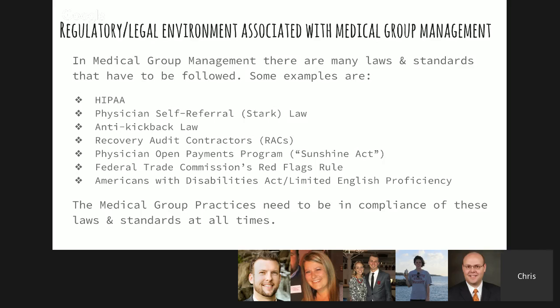So I feel like this kind of goes along with HIPAA, just in that top priority should be with preventing patients' health information and just overall identification. And then the Americans with Disabilities Act, its purpose was to make healthcare and honestly other general aspects of society more accessible for those with disabilities. The key thing that Kara wanted us to point out actually was this last line that says, medical group practices need to be in compliance with all of these laws and standards at all times. One can't be sacrificed for any situation.